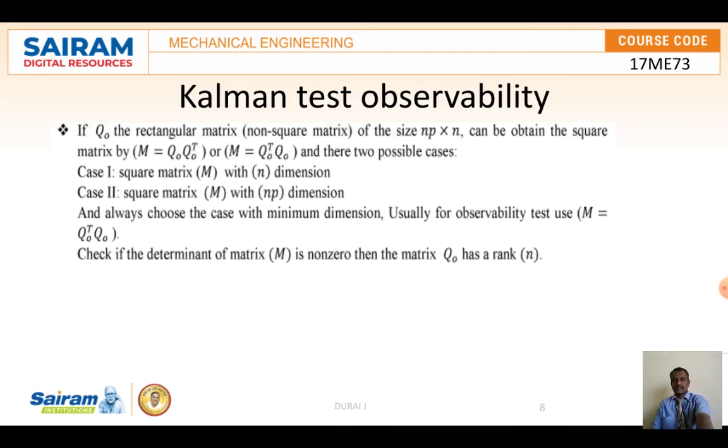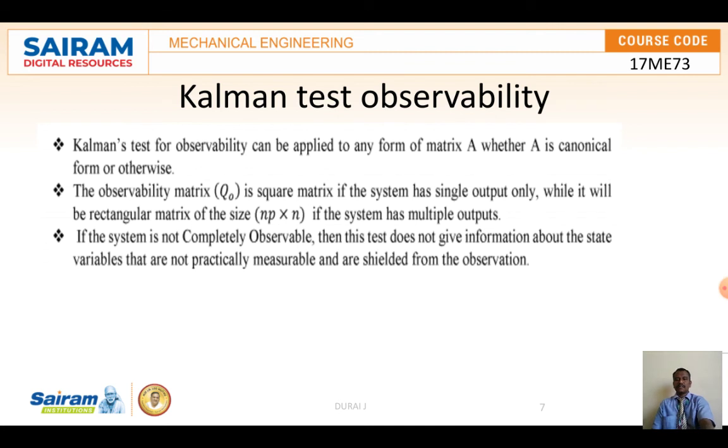Kalman's test of observability can be applied to any form of matrix A, whether A is in canonical form or otherwise. The observability matrix Q0 is a square matrix if the system has a single output only, while it will be a rectangular matrix of size np by n if the system has multiple outputs. If the system is not completely observable, then this test does not give information about the state variables